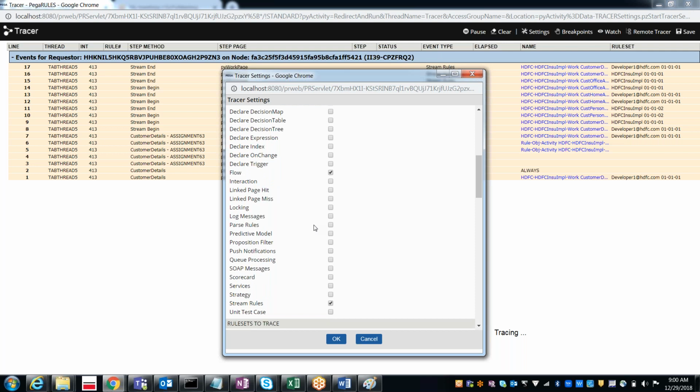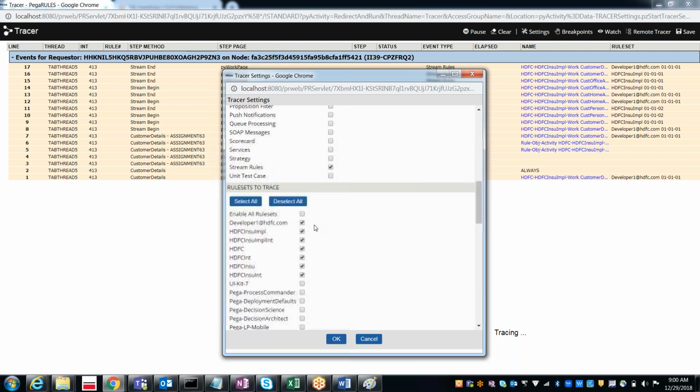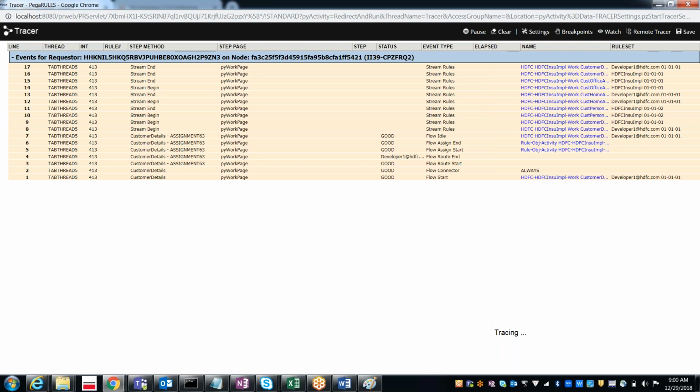Code definition rule we are not able to see it.